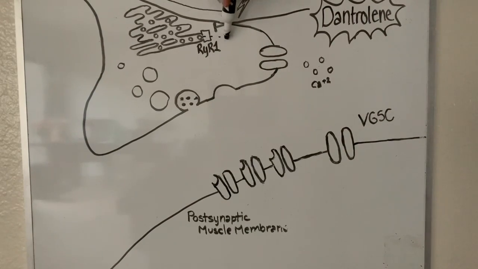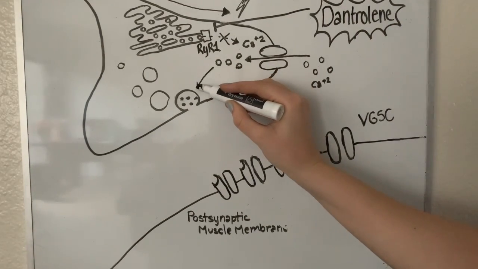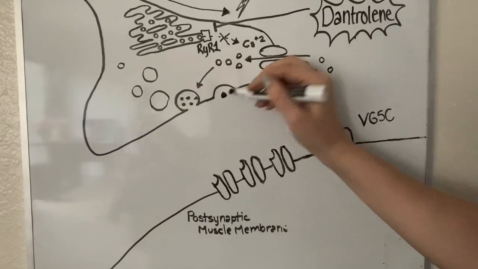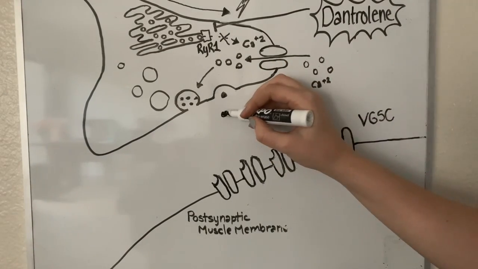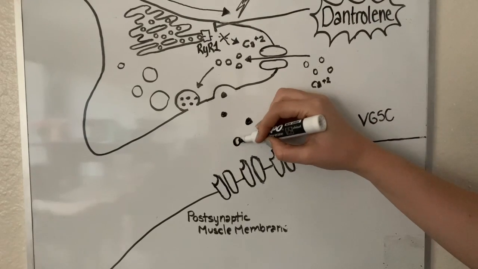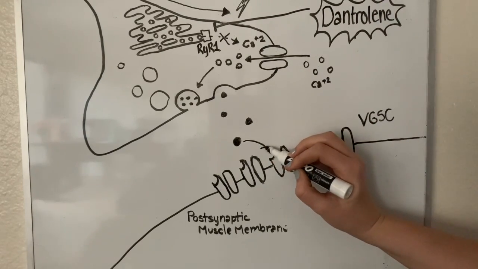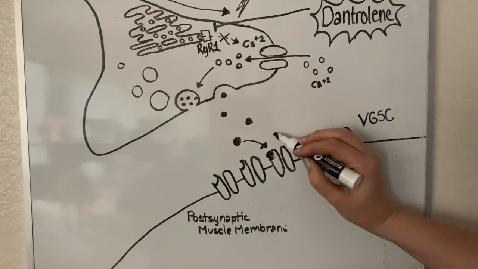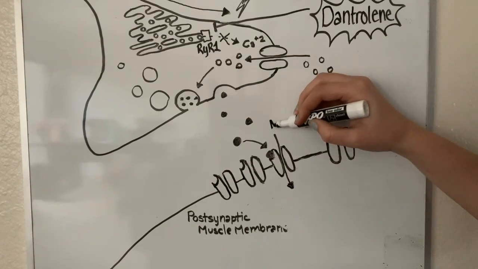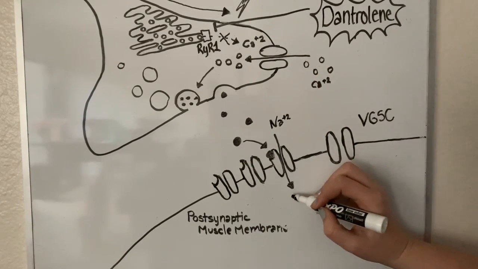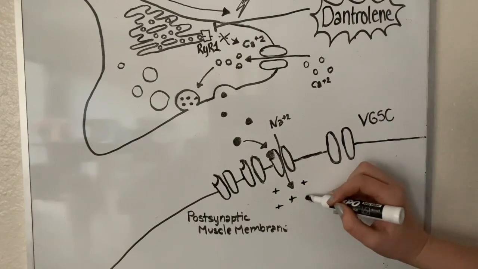When dantrolene is added to the NMJ, it inhibits the presynaptic ryanodine receptors, which prevents calcium from leaving the endoplasmic reticulum and contributing to vesicle exocytosis. With decreased calcium, the number of vesicles that are released by the presynaptic terminal is lower than control, so the concentration of acetylcholine in the synaptic cleft is lower than control. This means it will take longer for enough nicotinic M cholinergic receptors to be activated and generate an EPP large enough to trigger a MAP, which causes the increase in synaptic delay.